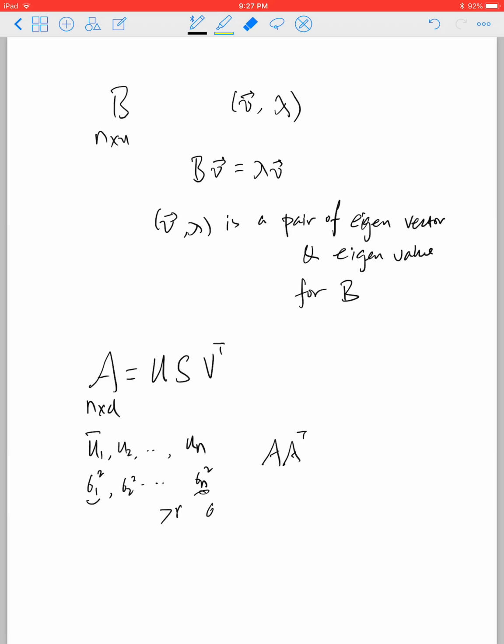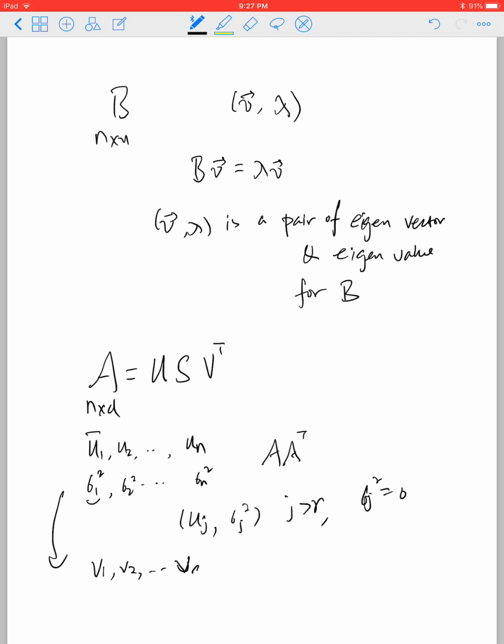So it turns out that the SVD has a strong connection with eigenvectors and eigenvalues. That is, we can show that for the SVD decomposition, we have an n by d matrix A, which can be written as U S V transpose. And it turns out that the left singular vectors of A, that is the columns of the U matrix,